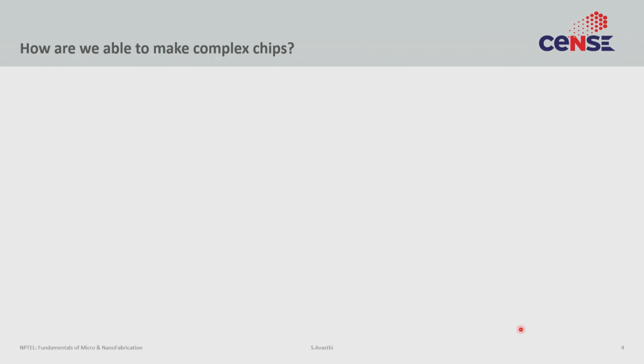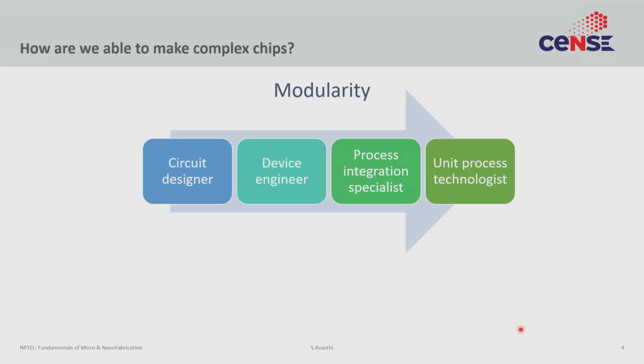If you think about it, we are able to make remarkably complex chips these days. A typical Intel device has more than a billion transistors, and despite that inherent complexity, we discussed so many nitty-gritty details, and we have just looked at the surface. Each of these processes has way more complexity attached to it. This is fundamentals of micro nano fabrication. We can do an advanced micro nano fabrication course, and there would still be things that we would not cover to really highlight the details of each of these processes. So it is actually amazing that all of this work comes together and the final device works. And part of the reason is that there is inherent modularity in the system.